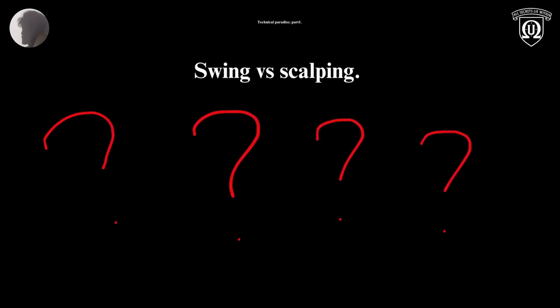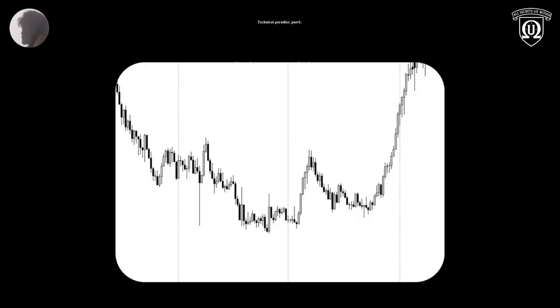Now, should you be a swing trader or should you be a scalper? And the answer is none. It doesn't matter, because a candle is a candle. What you see in front of you can be a 4-hour candle, right? It can be 2 4-hour candles beside each other. It can be a daily candle. It can be 2 weekly candles. It can be 2 monthly candles. So the idea of scalping and swing trading and whatever is outdated. It is now officially replaced. I replace it with candle trading.